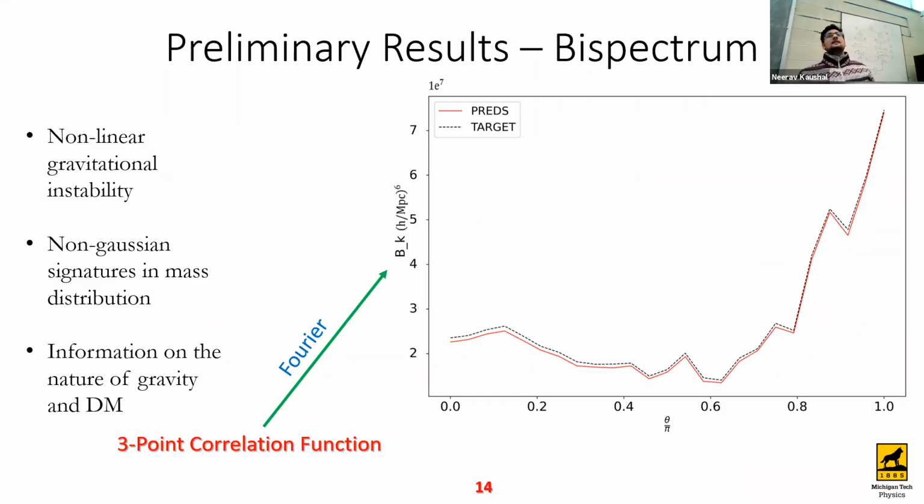Next. These are my results for the bispectrum. As I told you, the 2-point correlation function tells you about the excess probability between two points. Similarly, the 3PCF tells you the probability of finding a galaxy in a triangle configuration. After the Big Bang, we had an inflation era in which some non-Gaussianity signatures were introduced, and the bispectrum gives you information on that. As you can see on the right-hand side, neural networks are really good at predicting the bispectrum as well. I'm sorry, the graph looks a little discrete, but it's because it takes a lot of computational time and my grid size is very high.